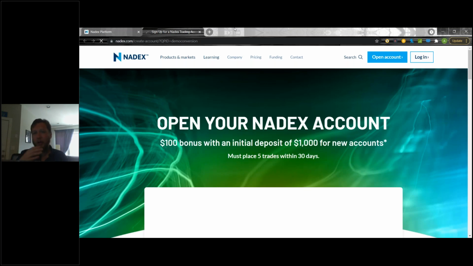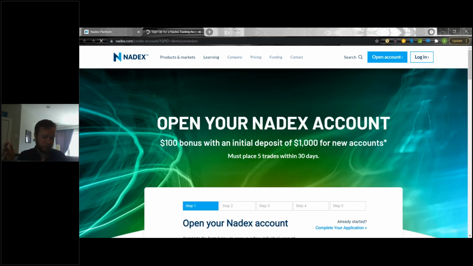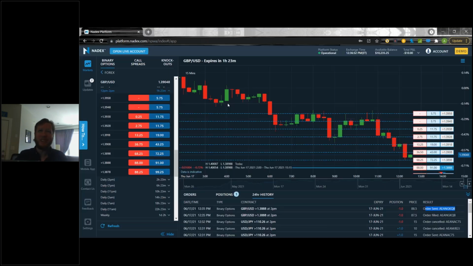If you're not, or if your demo account has expired, because remember our demo accounts now do expire after 30 days. But if you do open up a live account and just fund it, you don't have to trade, but just fund, you keep your demo account open indefinitely. After that period, you just have to call in or message in, and they'll make that little notation to keep your demo account open. But if you already have a live account, obviously you don't need to click that.